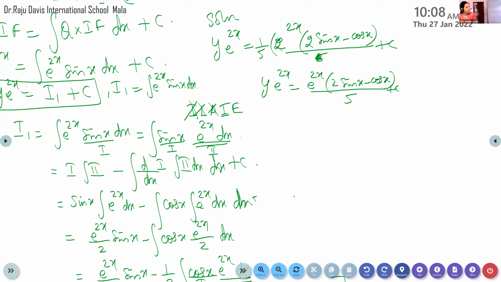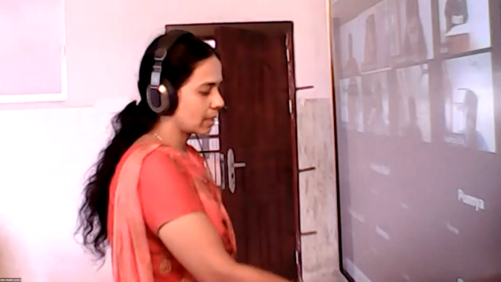Okay, so the first step is, children, we have to check whether it is in the form dy by dx plus py is equal to q. That is the form. If it is there, then write the integrating factor. Once you write the integrating factor, then write the solution. What is the solution? Solution is given by y into integrating factor is integral of,